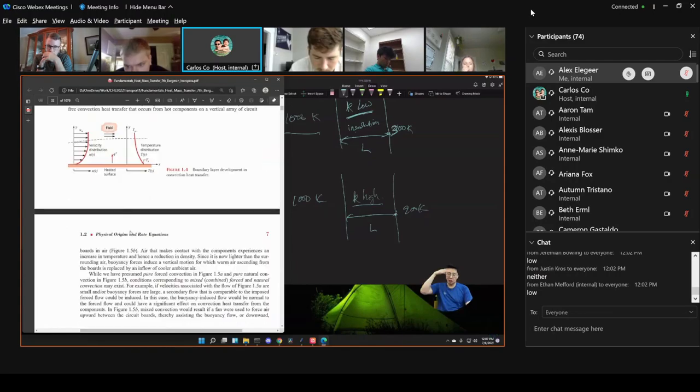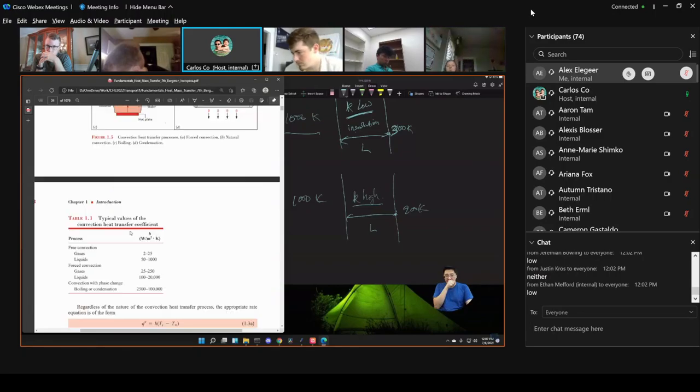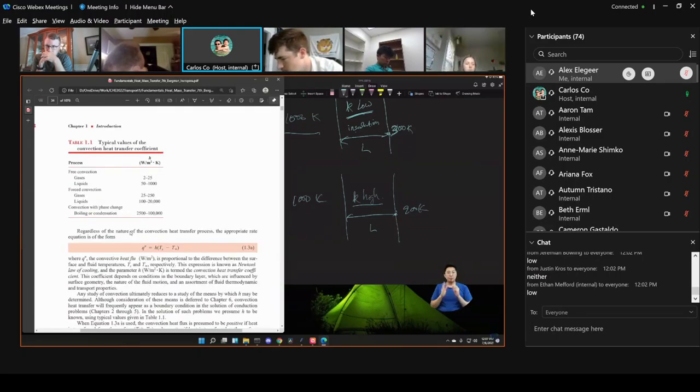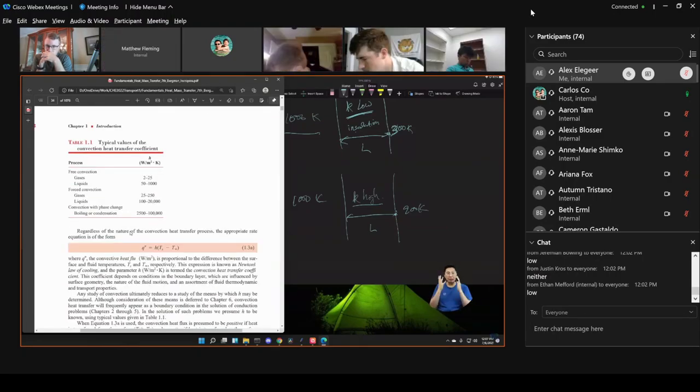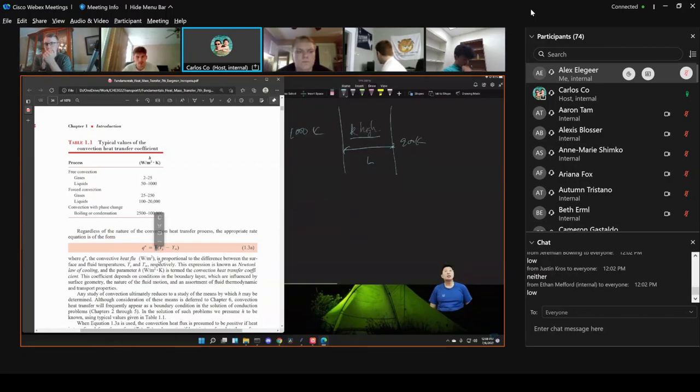So let me scroll down a bit more. Now, in this class, especially at the undergraduate level, the complexity of heat transfer by convection we completely hide away, and we put all of that into this letter h, which is referred to as a heat transfer coefficient. So when you have the case of convection,